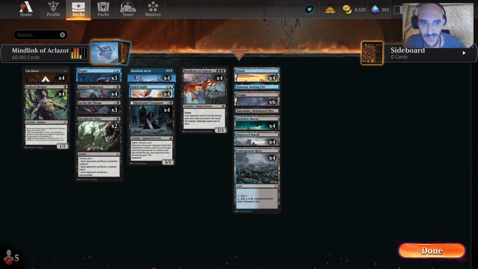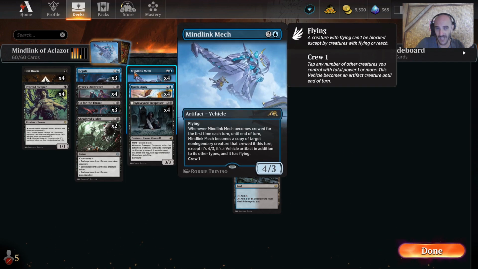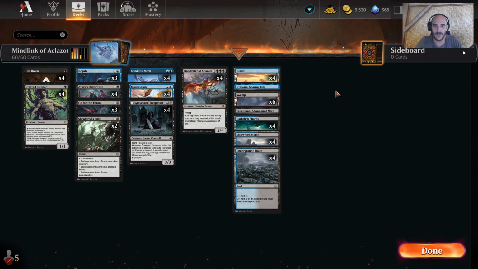I think if we just spend a little bit of time fine-tuning and figuring out what the best removal is, is it worth playing the Negate? Maybe my initial idea of just a very light blue splash for the Mindlink Mech and leaving the rest of the strong black cards is the better option. Let's see. I'd love to hear your thoughts in the comments, but for now,